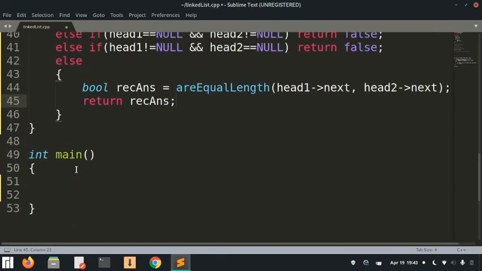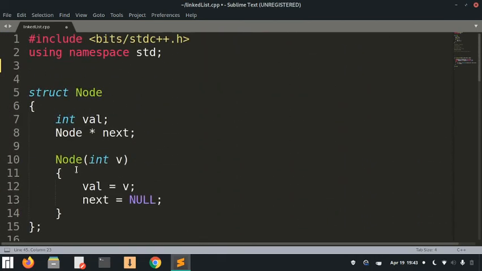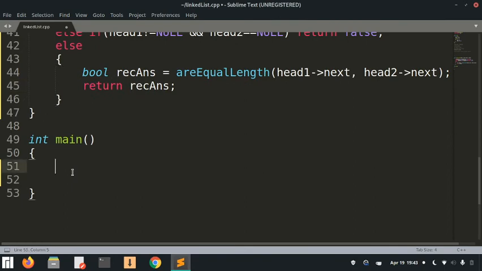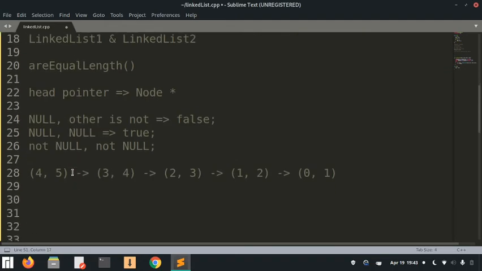So let's go ahead and try to see if this code works. Let's create a new linked list and see whether this code works or not.